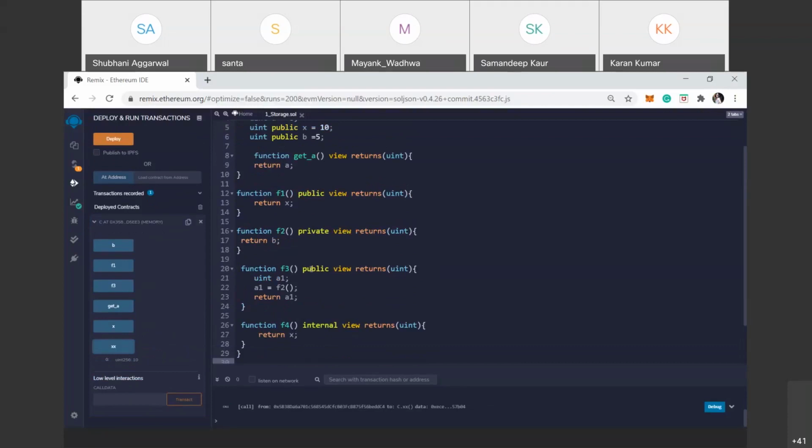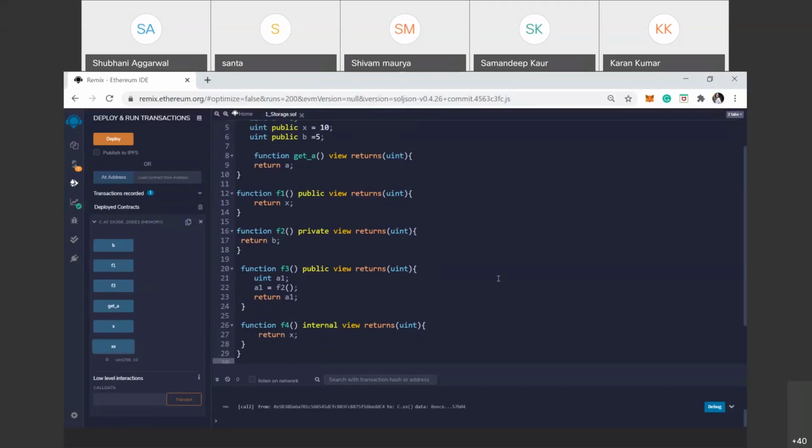Private functions are used within the contract. Student: Ma'am, can internal functions also be used in the contract in which we have defined them? No, I've already told you that private functions are used within the contract, but internal functions are used in the derived contracts, that is, derived from that contract. Okay. Any other doubt? Private and internal?